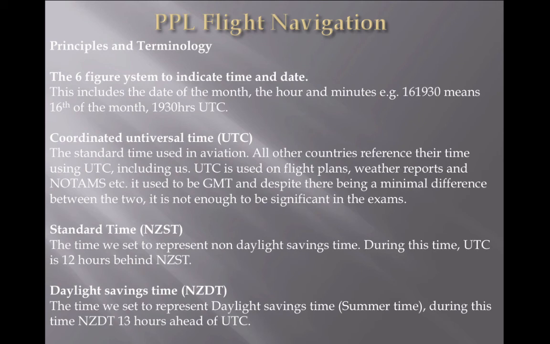Standard time, so whichever country will have a standard time and a daylight savings time, and it's the time we set to represent non-daylight savings time. During this, UTC for New Zealand is 12 hours behind, whereas daylight savings time is the time we set to represent daylight savings or summertime, and during that time New Zealand daylight savings time is 13 hours ahead of UTC. Got an exam question on that, funny